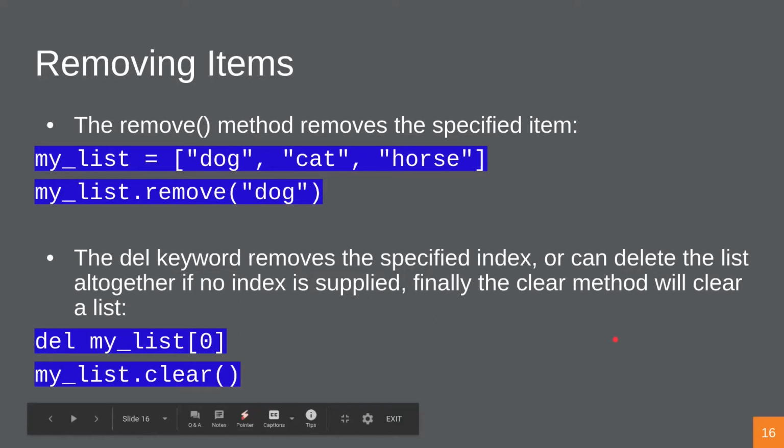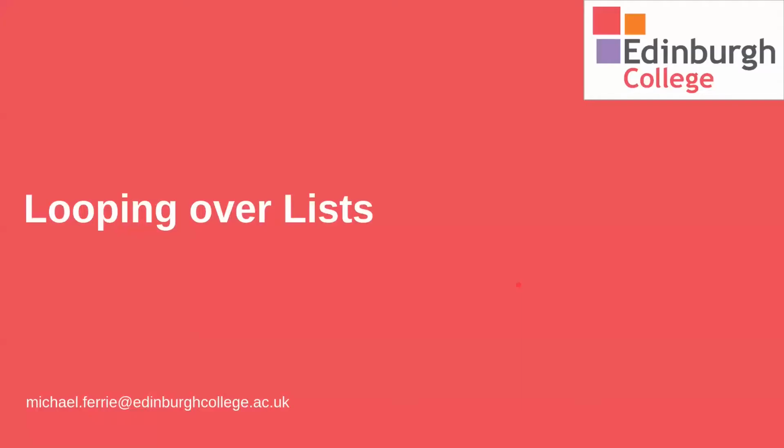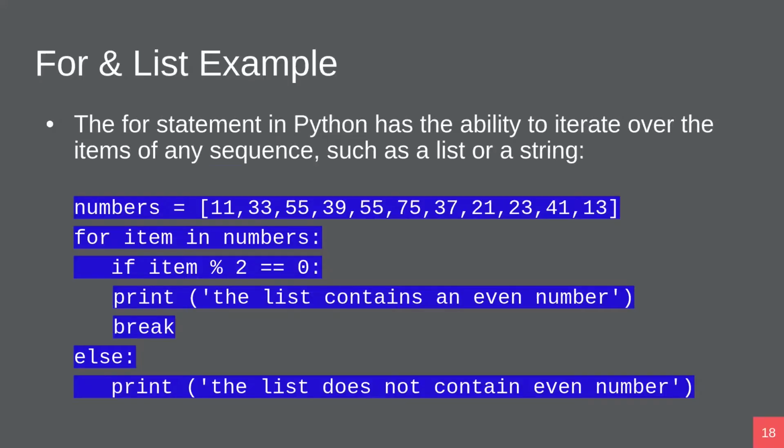So those are an introduction to some loops, an introduction to some lists. Let's just move forward and look at what happens when we put the two of these together. What happens when we loop over a list? So I've come up with an example here. This is an example of a list of numbers,